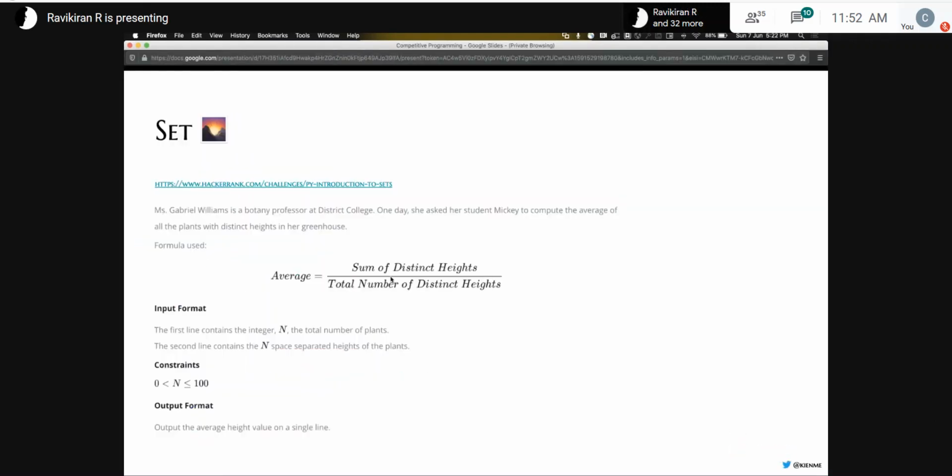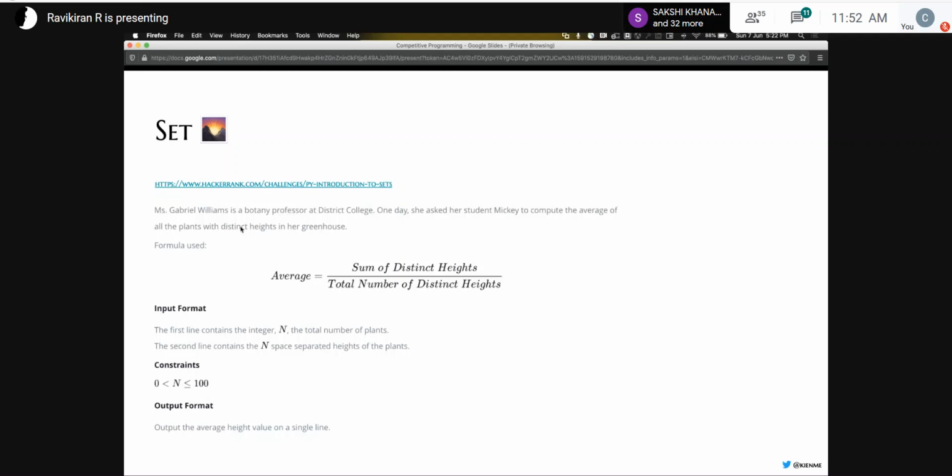Let's proceed to sets. So a set is essentially a data structure where you check for membership of an item, and that's useful in a number of situations. So let's take this example to see how a set will help us.